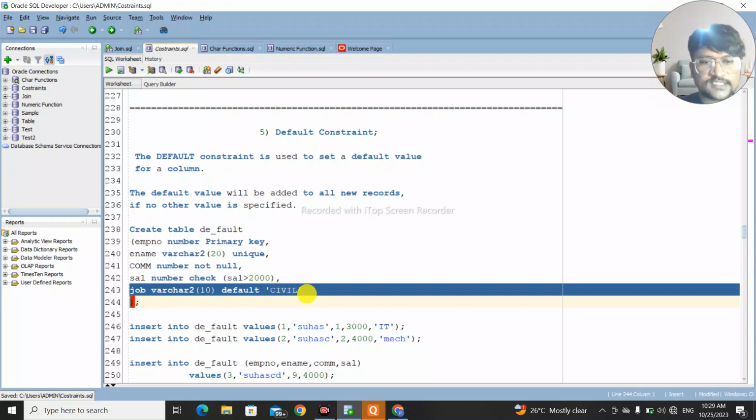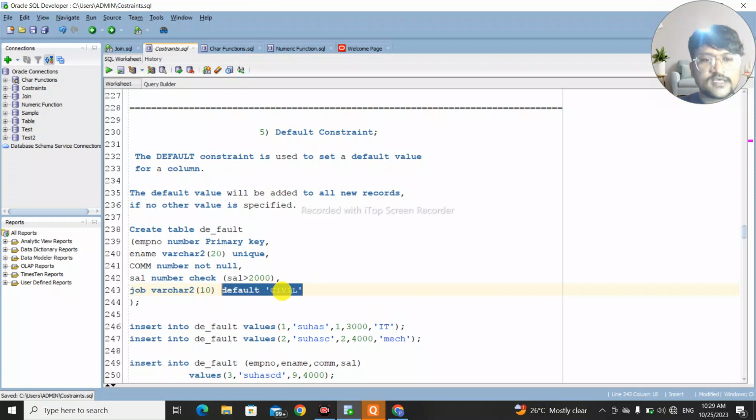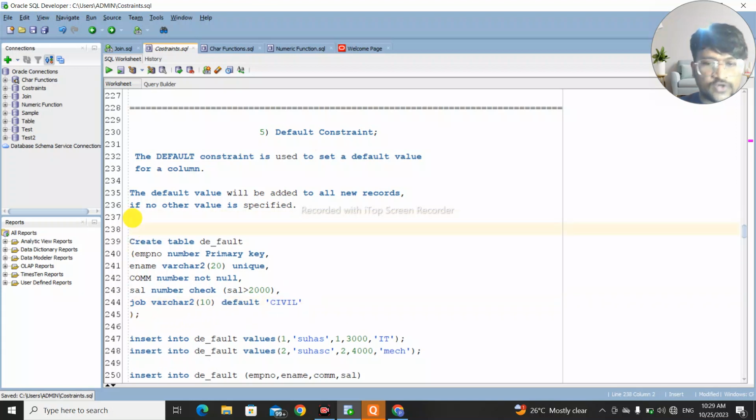So this is the syntax you have to remember about the default constraint, that is default, space, and you have to write the particular value in single quotes. Now let's create this table. Before creating, let us drop the existing table, that is drop table de_default. So if I run this query,